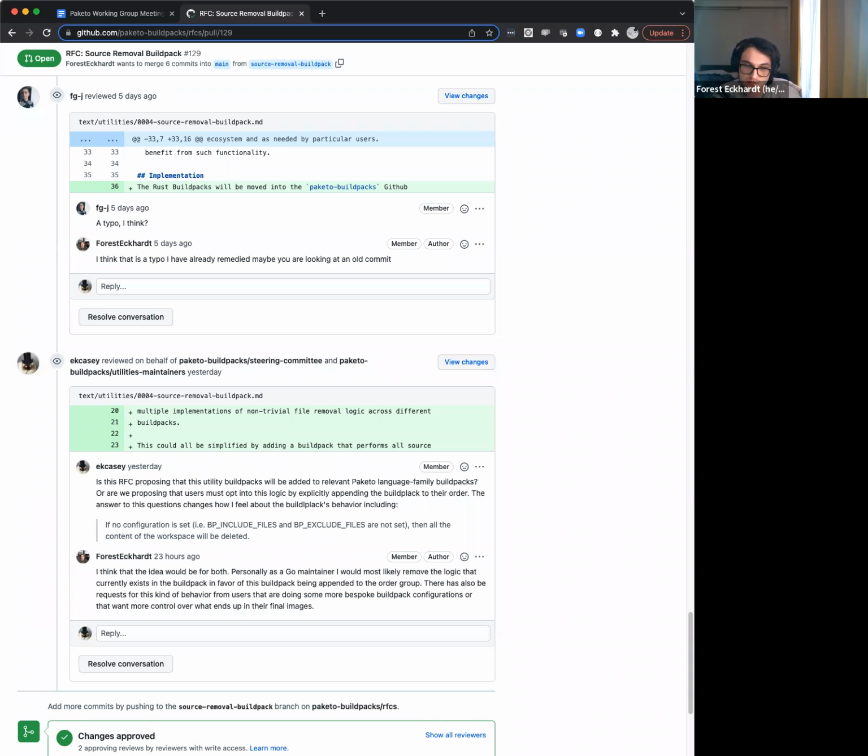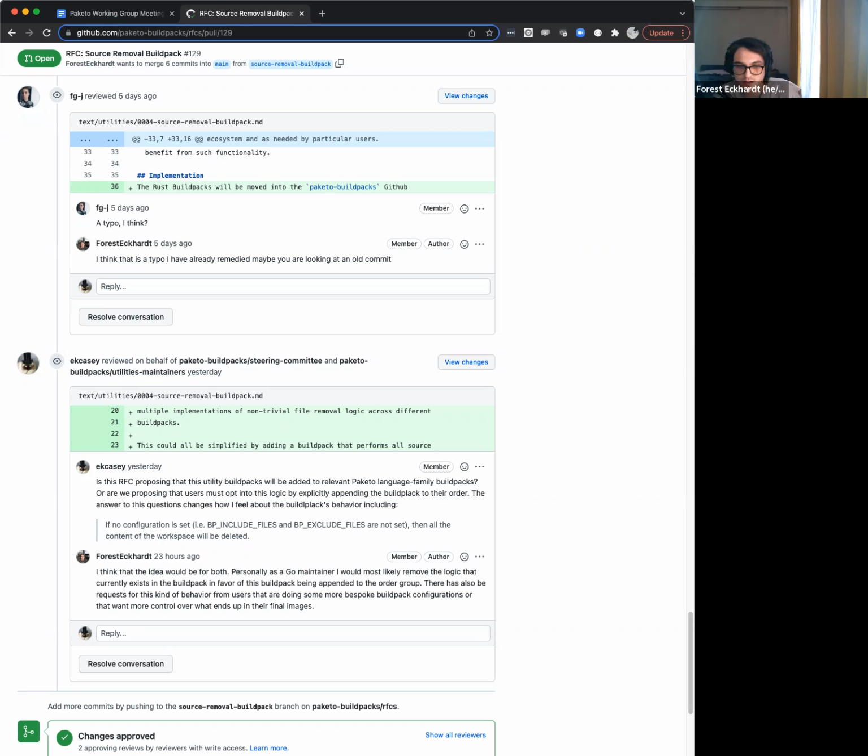I think then even still, as a Go maintainer, we currently have a set of logic, and I'd probably add it to something like the Go meta build pack groups, because it would enable a lot more sort of control than we have currently. And the way that we have it is that once we build, we kind of just delete everything out of the workspace anyway, and we build all of our binaries into a separate layer. So it's kind of not a big deal if we delete everything at the end, and the build pack doesn't really need to contribute much because it's kind of moved everything that it's deemed important somewhere else. So in that case, we might put it at the end so that we can replace individual logic that we have in there.